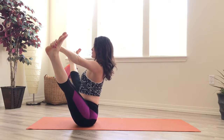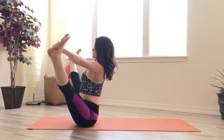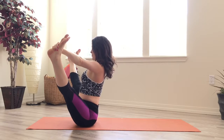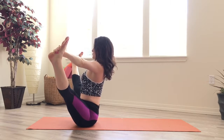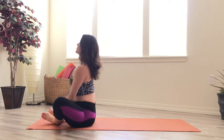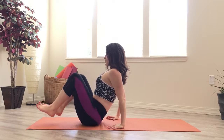Holding wherever you are for 5, 4, 3, 2, 1, and release. Coming back to that seated position